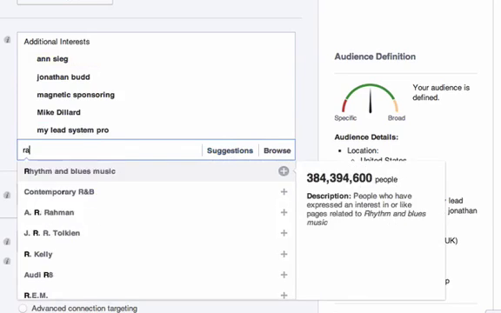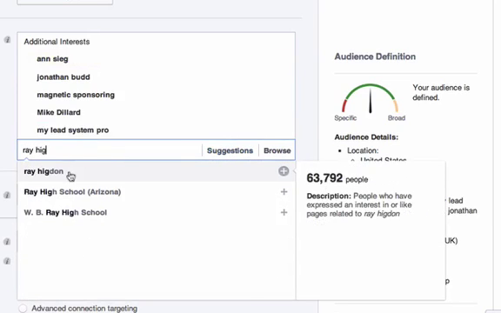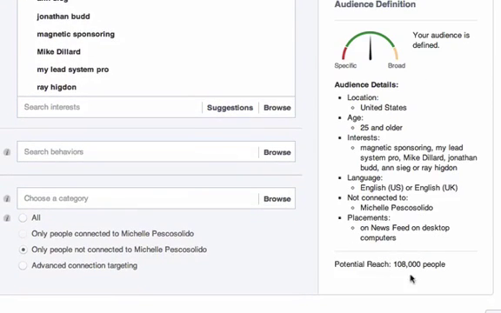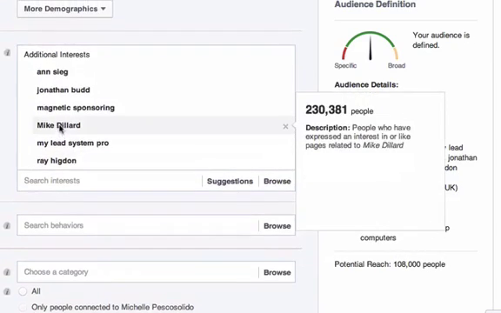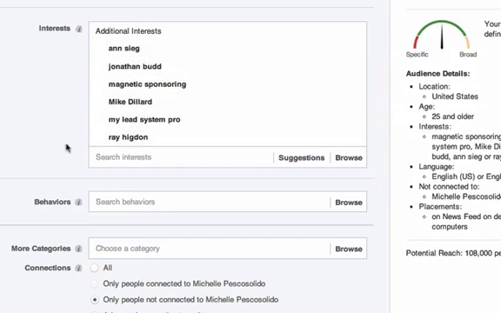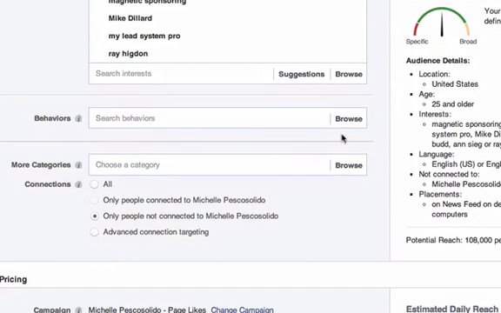I could come in here and say Ray Higdon, as I said earlier. Now, not everybody's going to pop up in here, but look, I'm at 108,000. I'm reaching 108,000 people. That's a decent amount of people to reach. So I've got a good set of interests in here. Once you think of some, put those in there, and then you're coming down to another section called